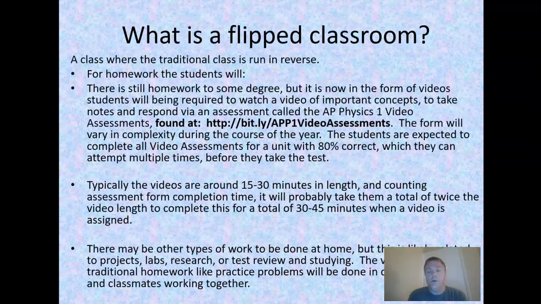Okay, so I operate with what's called the flipped classroom model. And in this class, what's going to happen is the students for homework are going to get a video to watch. The video will be about 15 to 30 minutes long. It will be in a Google form, and I'll show you an example of that momentarily. They will get a link to this when they sign up for my Remind text. I send out a text when the videos are needed and when the video assessments are going to be assigned.